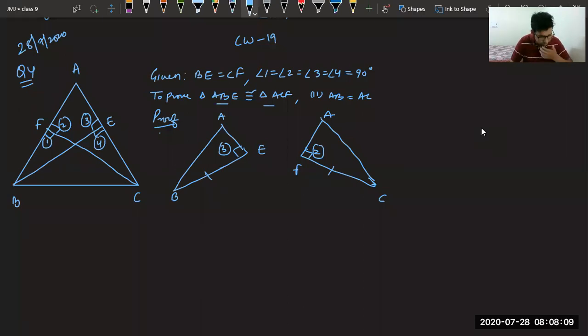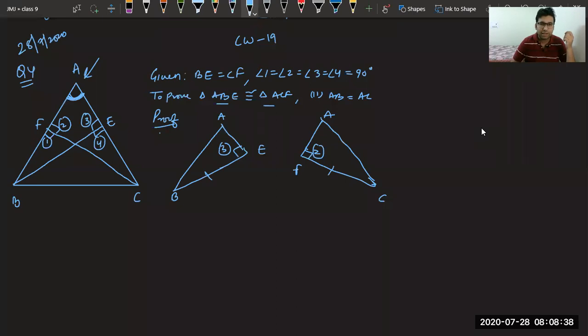No beta, we have not done this question. Actually, the above one was similar. It is different. So you can see we have two things with us. Angle 3 equal to angle 2, both 90 degrees. BE equal to CF. One thing is missing. Utkarsh, good beta. Others, please try. Yes, if you observe these figures in the main figure, this angle A is coming in both the triangles completely.